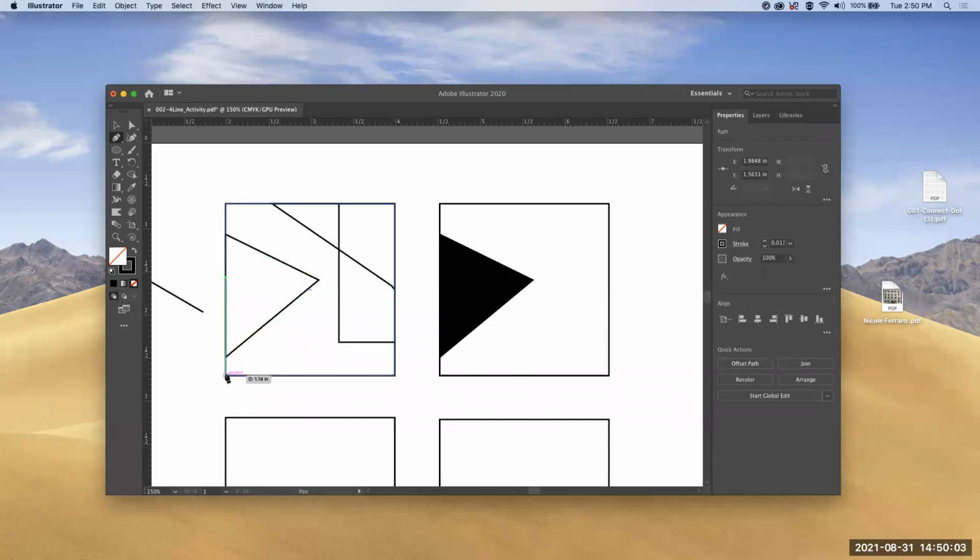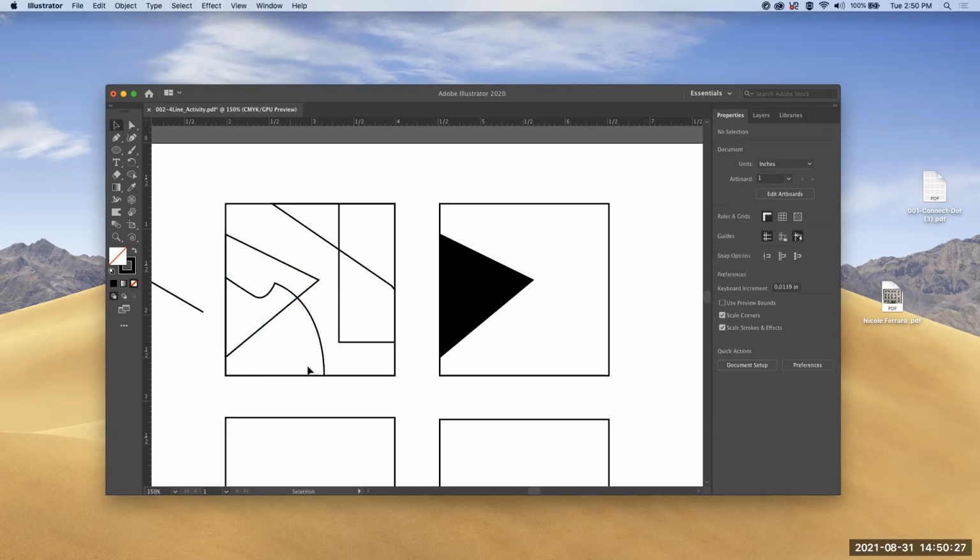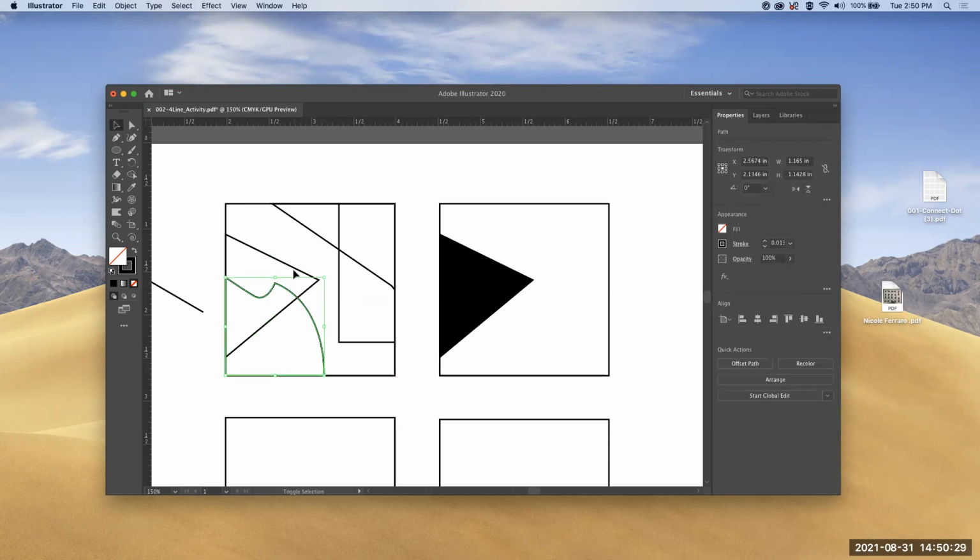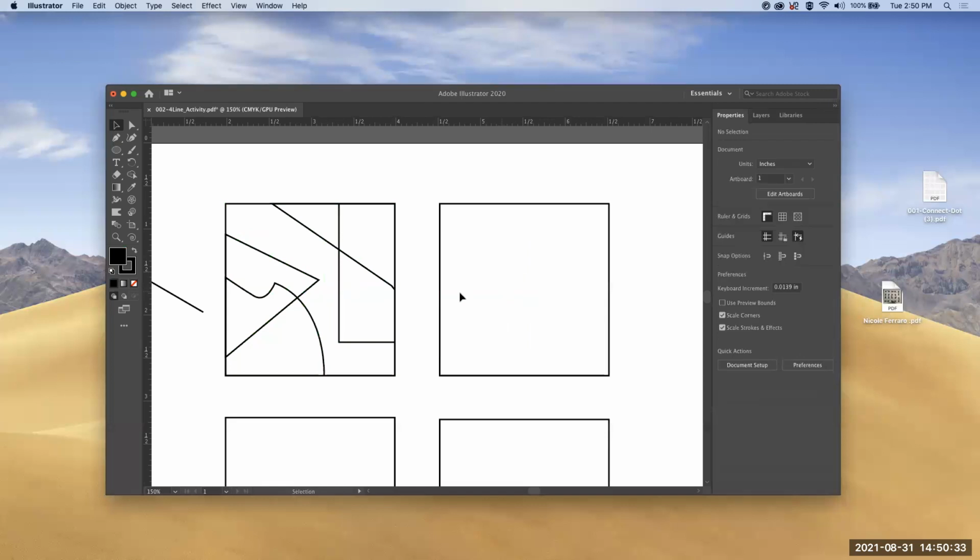I'm going to draw this area here because I know I want it to go along the line and I want it to be a closed path. If I click and drag, I can create a curve. If I click inside the anchor, undo, I didn't like that, so I undo to change the direction, and I move back. So now I can take these, holding down Shift, selecting each one,